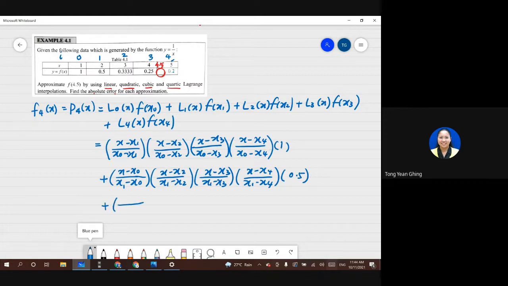plus (x2 minus x0), (x minus x0), (x2 minus x1), (x minus x1), (x2 minus x3), (x minus x3), (x2 minus x4), (x minus x4), times the value of f(x2),